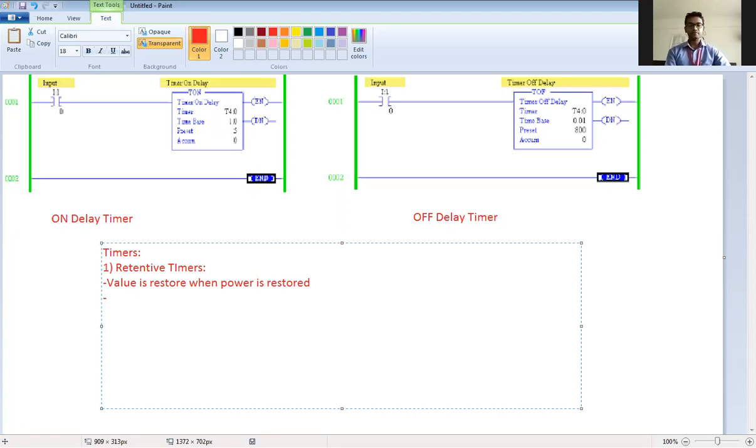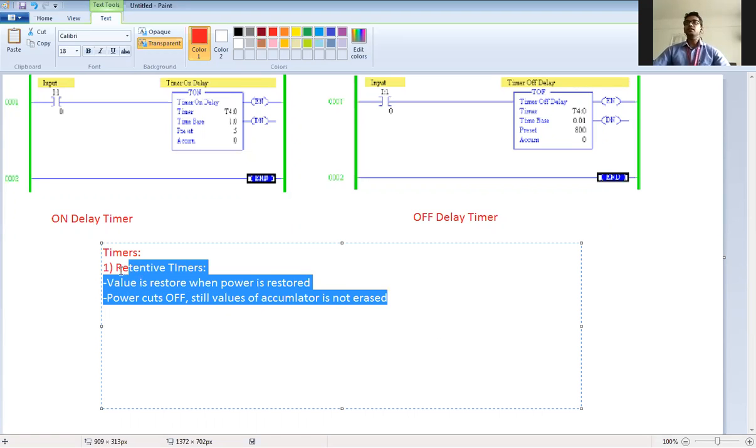Again, if power cuts off, still the value of the accumulator is not erased. Correct? This is what a retentive timer is.